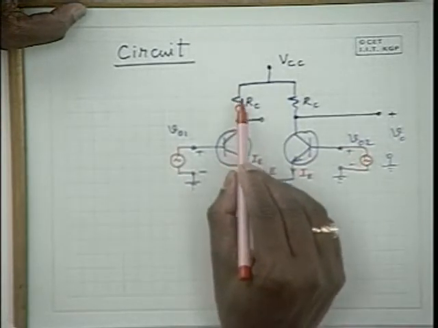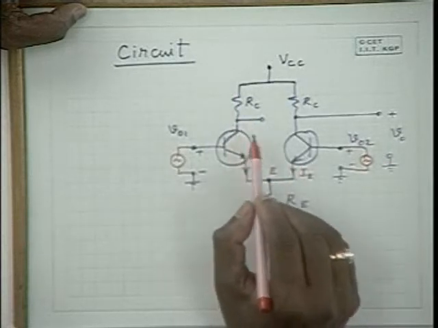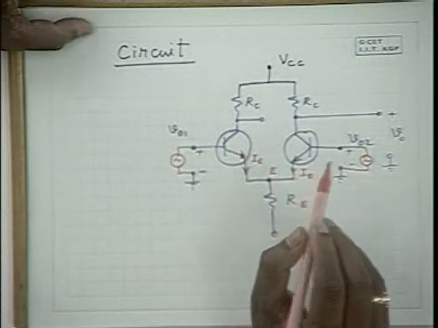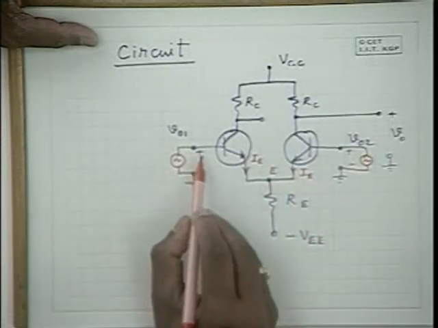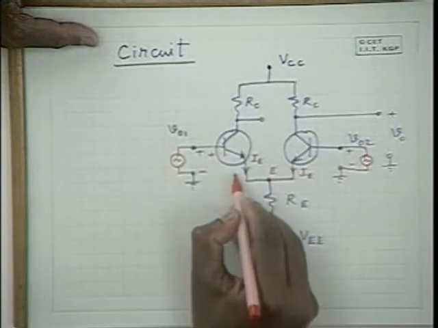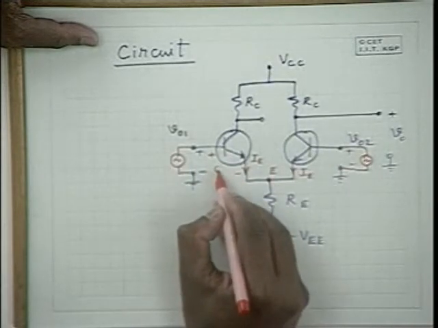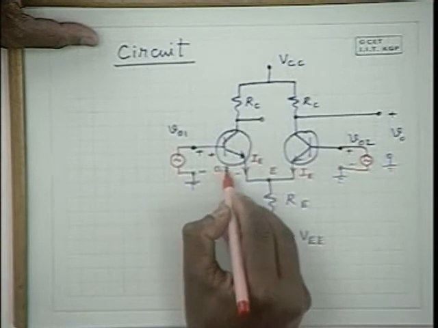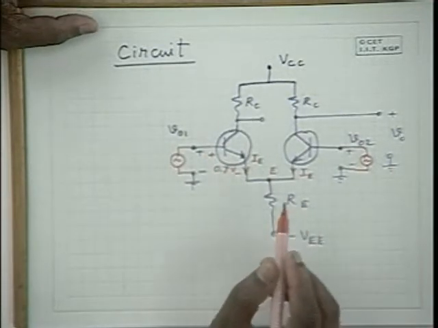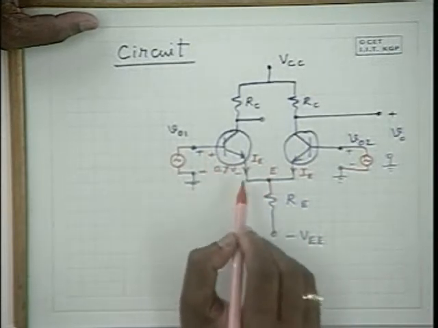With sufficiently low RC, it can be seen that the transistors are in the active region. Now when the transistor is conducting, the base to emitter potential is of the order of 0.7 volts in the case of silicon transistors. So let me call it VBE,